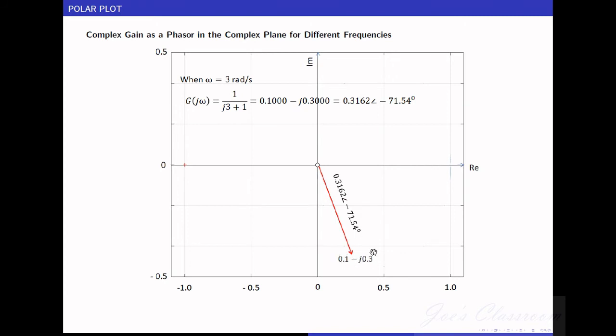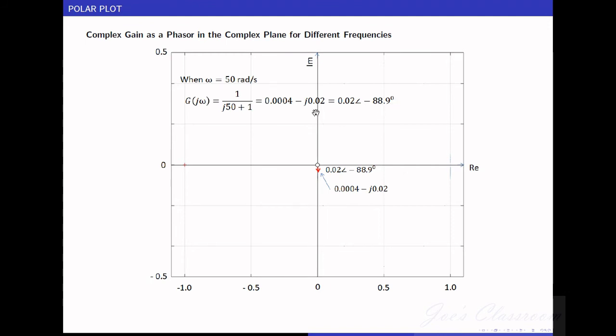And this is the Cartesian coordinates or rectangular coordinates for the complex number. So I'm increasing the frequency further, making it 5 radians per second. Again, the magnitude is reduced and the angle increased. So for 10 radians per second, it is very small and the angle increased. I made it 50 radians per second. You can see that the magnitude is only 0.02 and the angle is almost going close to minus 90 degree,